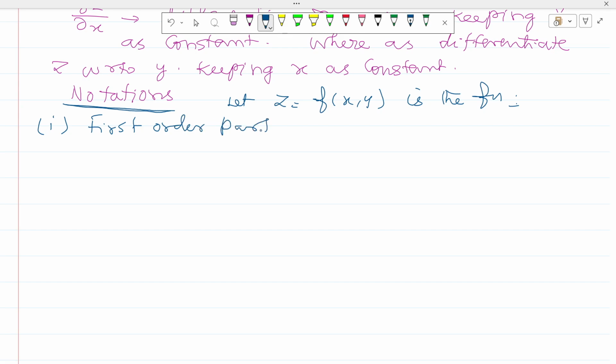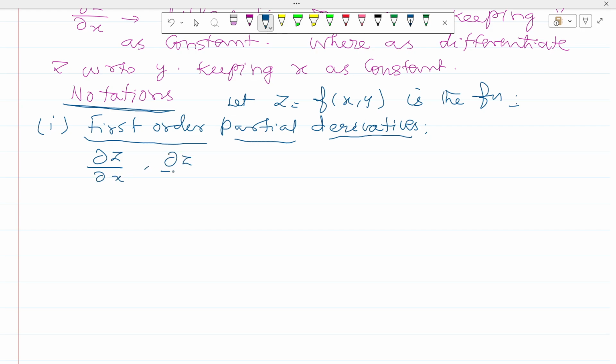Dou z by dou x, comma, dou z by dou y. That means dou z by dou x is differentiation of z with respect to x. This one is differentiation of z